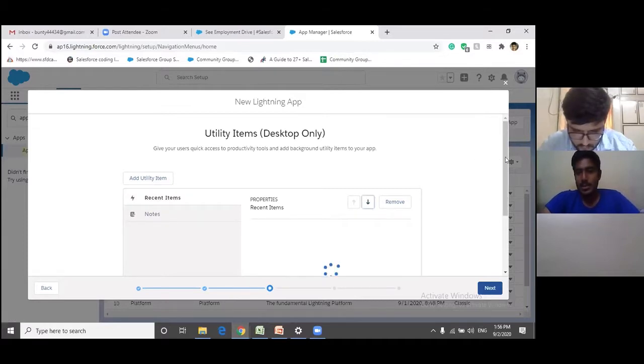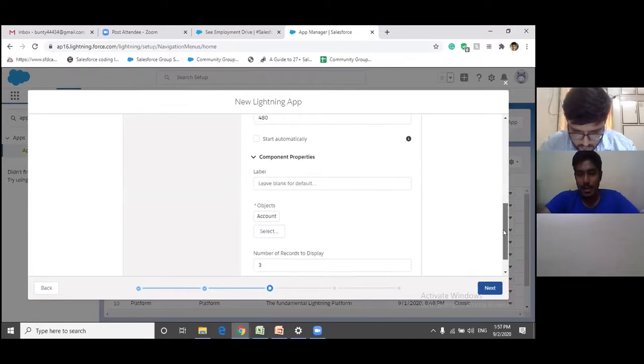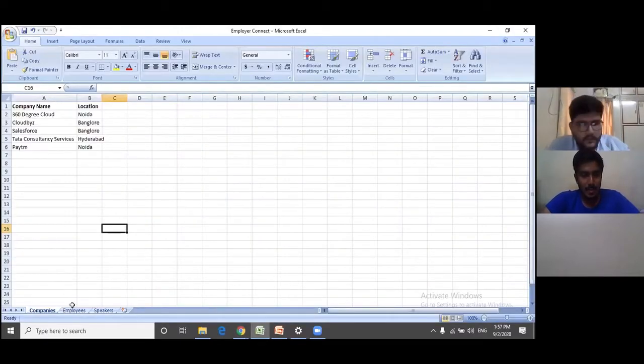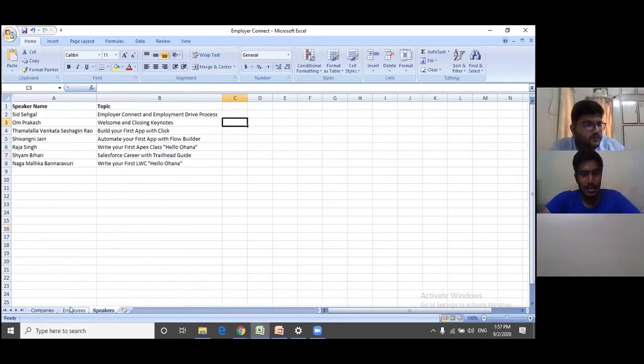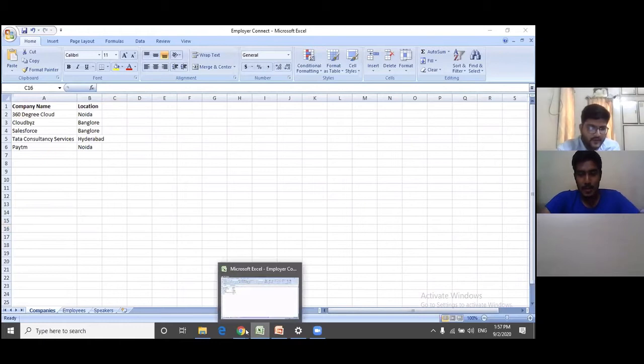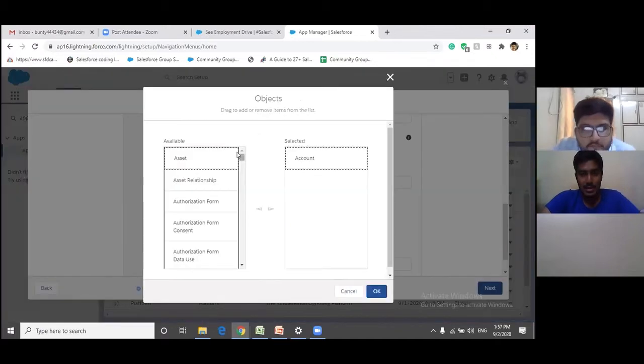By default, recent items is available for the account object. But we have three objects named companies, employees, and speakers. For these three objects, I just want to create our recent item. I will show you once the app is developed. It will be very cool to see. I want to select these three things.